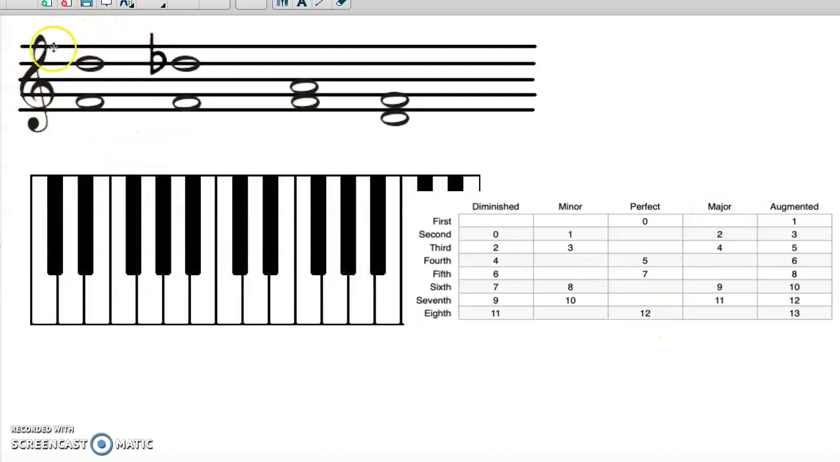So here's your first example right up here. And first of all, you find the generic name for this interval. So we go 1, 2, 3, 4, 5, 6. We know this is a sixth. Okay, so now we just have to decide if it's a minor or a major. Okay, so you can